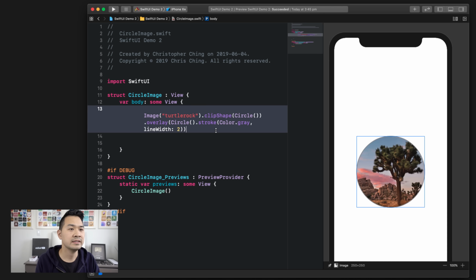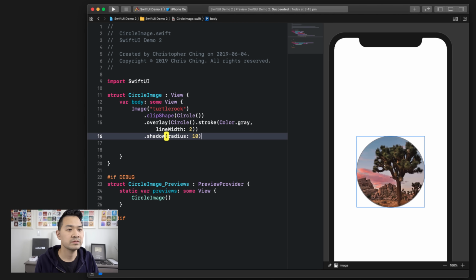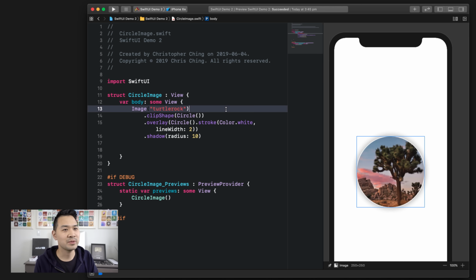And then lastly, well, we can actually, before we do that, let's add these on new lines so it's a little easier to see. We're going to add a shadow of 10 points. And lastly, we're going to change this gray color to a white. And we get this sort of resulting image, which is very Apple-like, wouldn't you agree? Okay, so we're actually done with this circle image now, and we're going to work on a third view